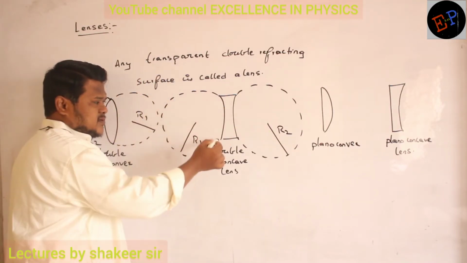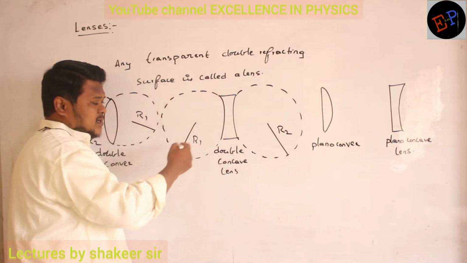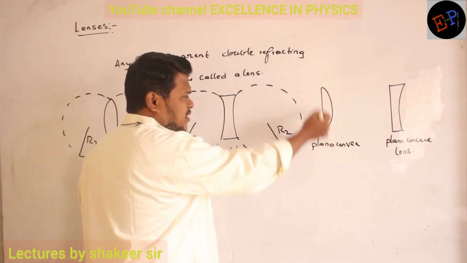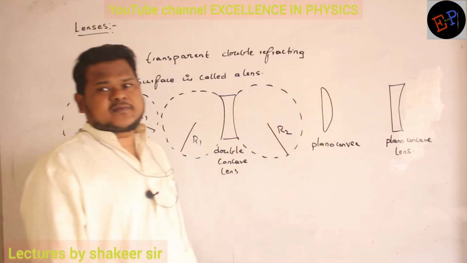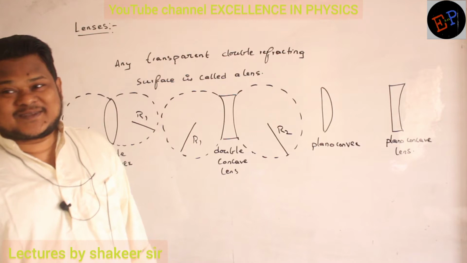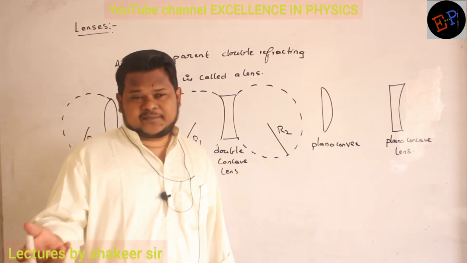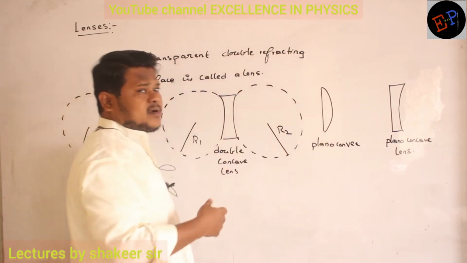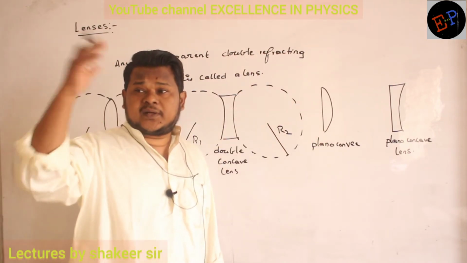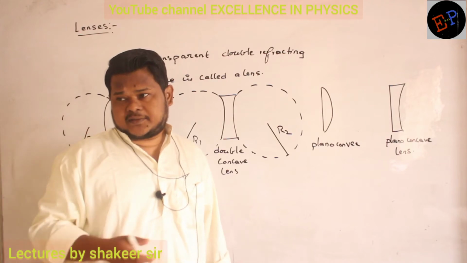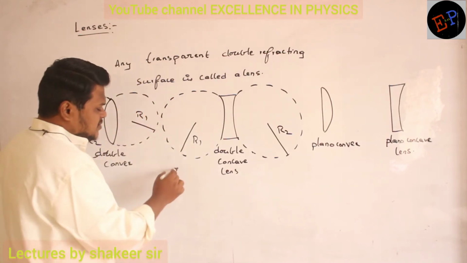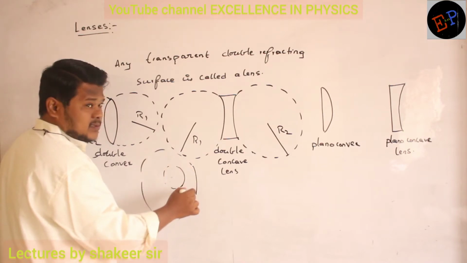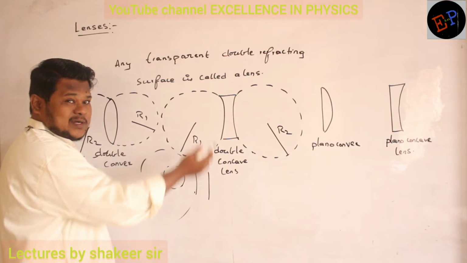So we have drawn this surface, no ma? We completed this one into a sphere, and I got the radius of curvature. Fine. Now if you complete this straight line into a circle, what will be the radius of curvature? You will get infinity. See ma, from a straight line, how much bigger a radius can you draw? You have to draw an infinitely bigger circle, then only it appears to be a straight line. So if a curve is small, you will draw a very small circle. If the curve is big, you will get a bigger circle. If the curve is a straight line, you will get an infinite circle.